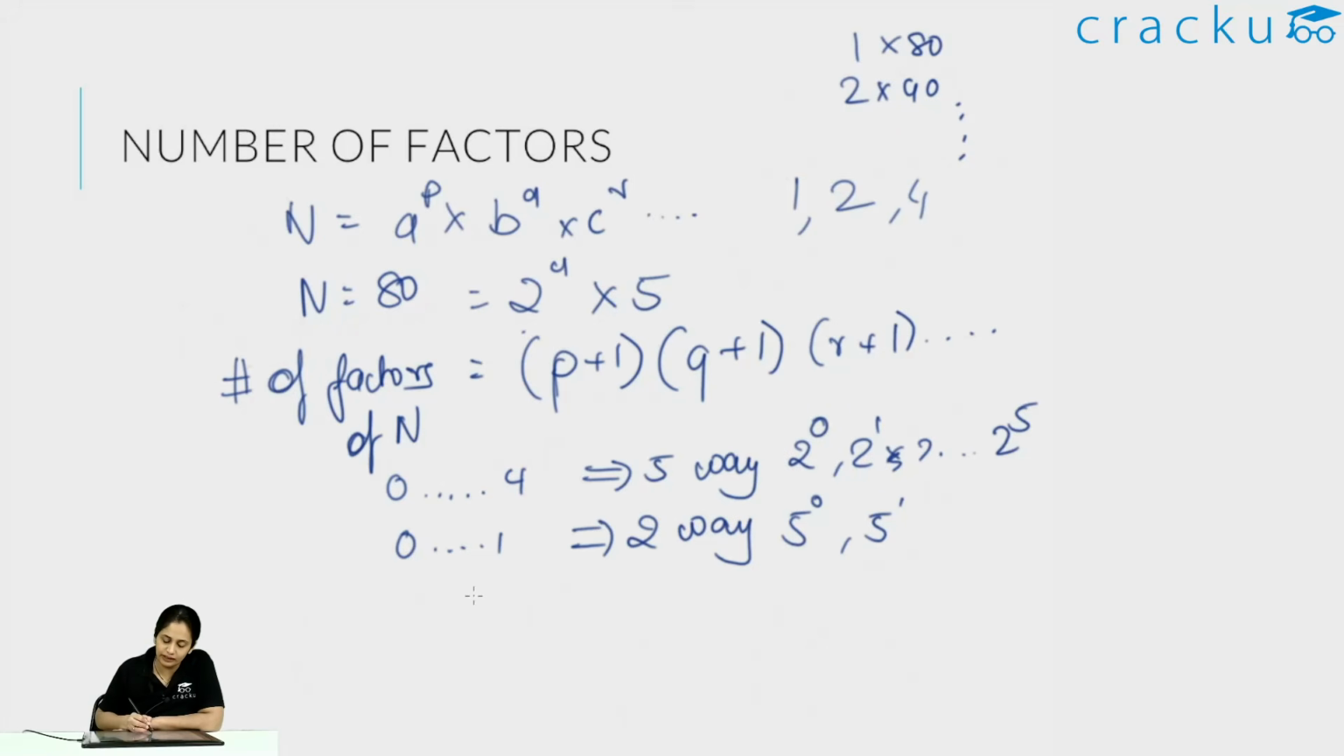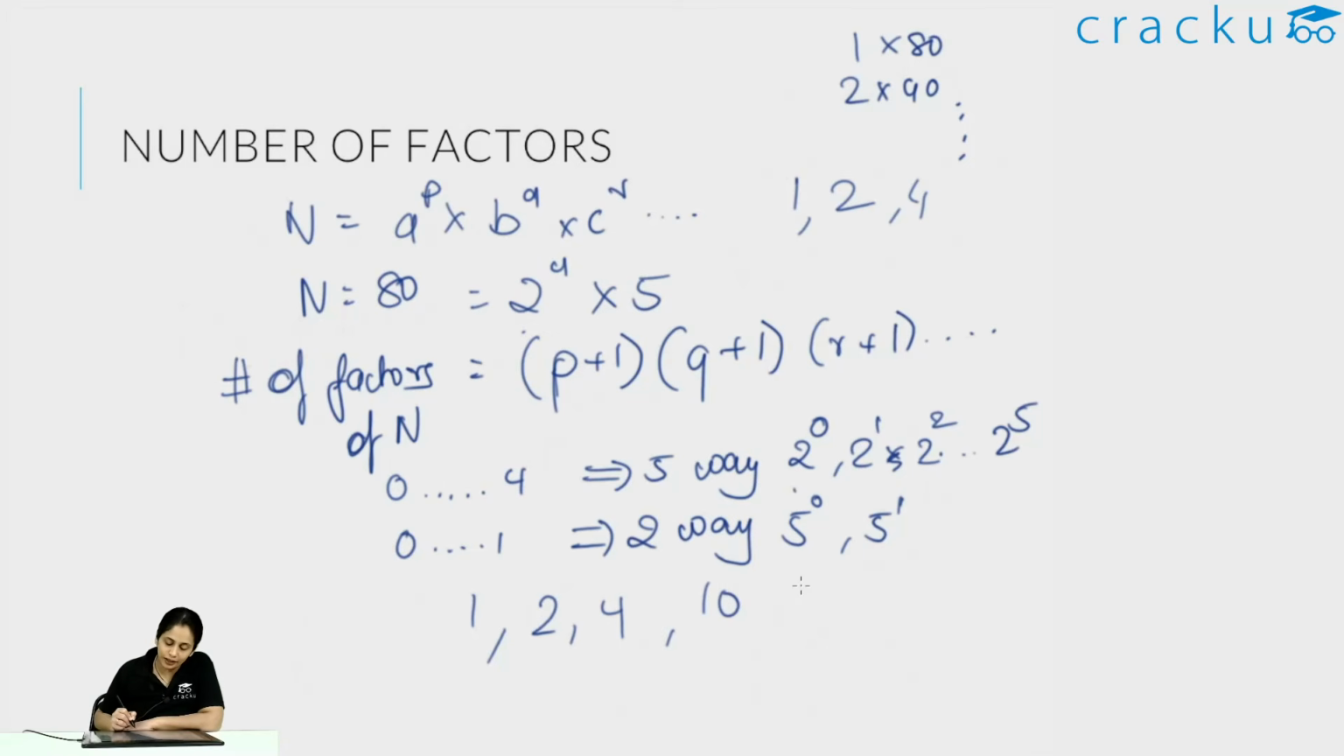So 1 into 1 will give you the factor 1. 2 raised to 1 into 5 raised to 0, that is 2. 2 raised to 2 into 5 raised to 0, that is basically 4. 2 raised to 1 into 5 raised to 1 is what? It is 10. So to get each individual factor, you have to consider a power of 2 into power of